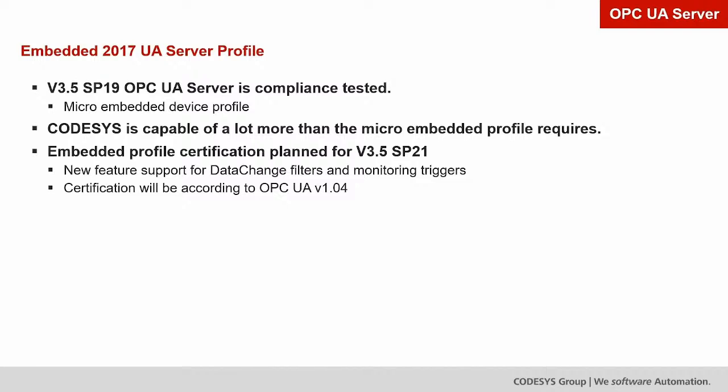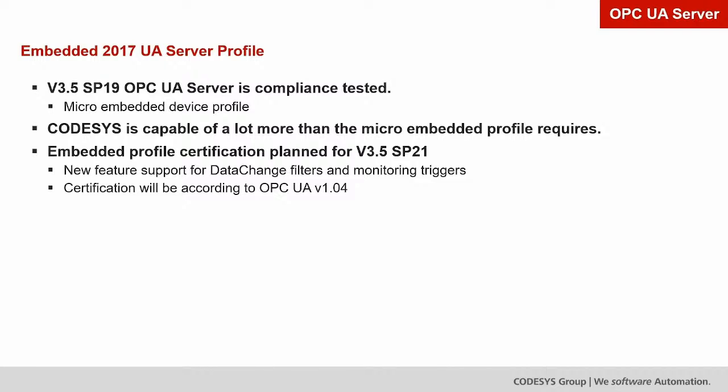First of all, the OPC UA server was already compliance tested according to the Micro Embedded Device Profile in the version SP19, which was released last year. But the OPC UA server is capable of a lot more than the Micro Embedded Device Profile would require. So most notably, the number of variables which can be monitored and the number of active subscriptions is very low in the Micro Embedded Profile, and in the Embedded Profile it matches much more closely to the actual amount of active variables and subscriptions we can support in CODESYS,